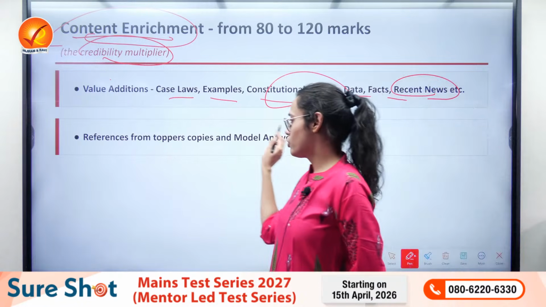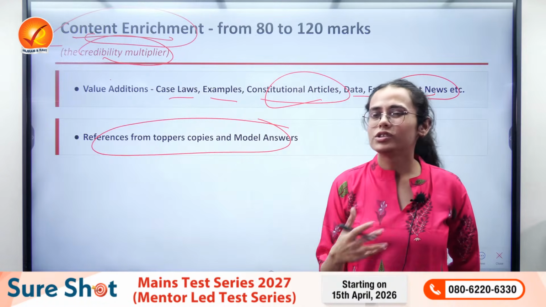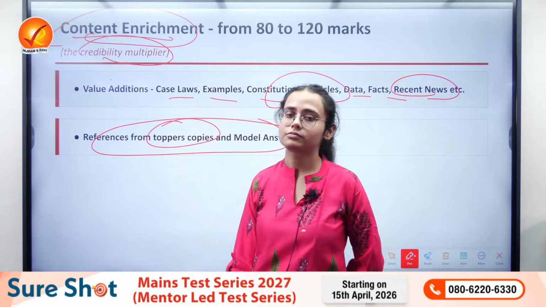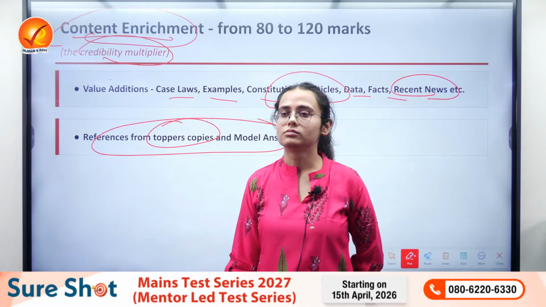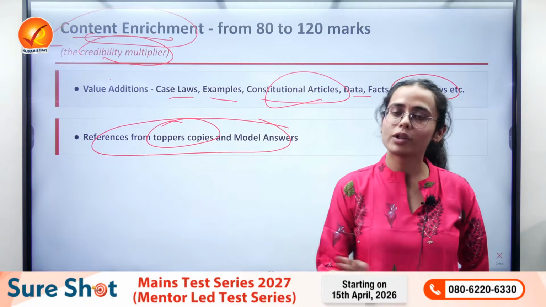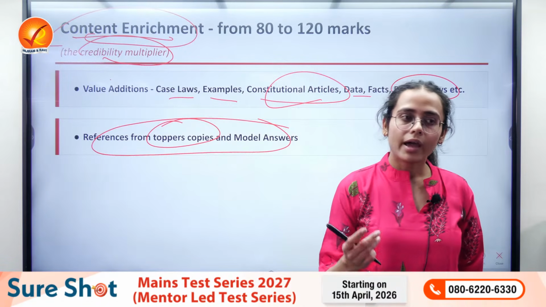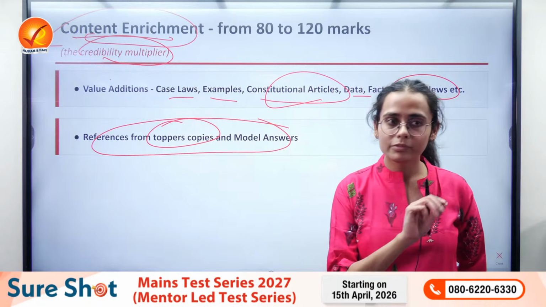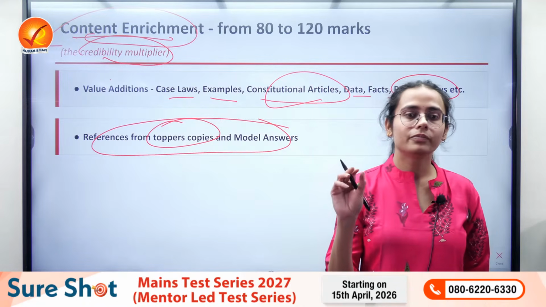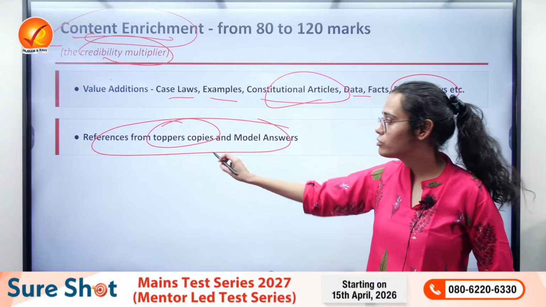One of the major sources which I also used to take, apart from newspapers, monthly magazines or Yojana and whatever you are reading, I used to explicitly take content from toppers copies. Toppers copies like anything, मतलब ऐसे कैसे उठा के रखती थी. Like बकायदा I used to print it out and keep it. I used to read it as if they are my notes, highlighting them, underlining the keywords, taking the examples. Just I used to do that